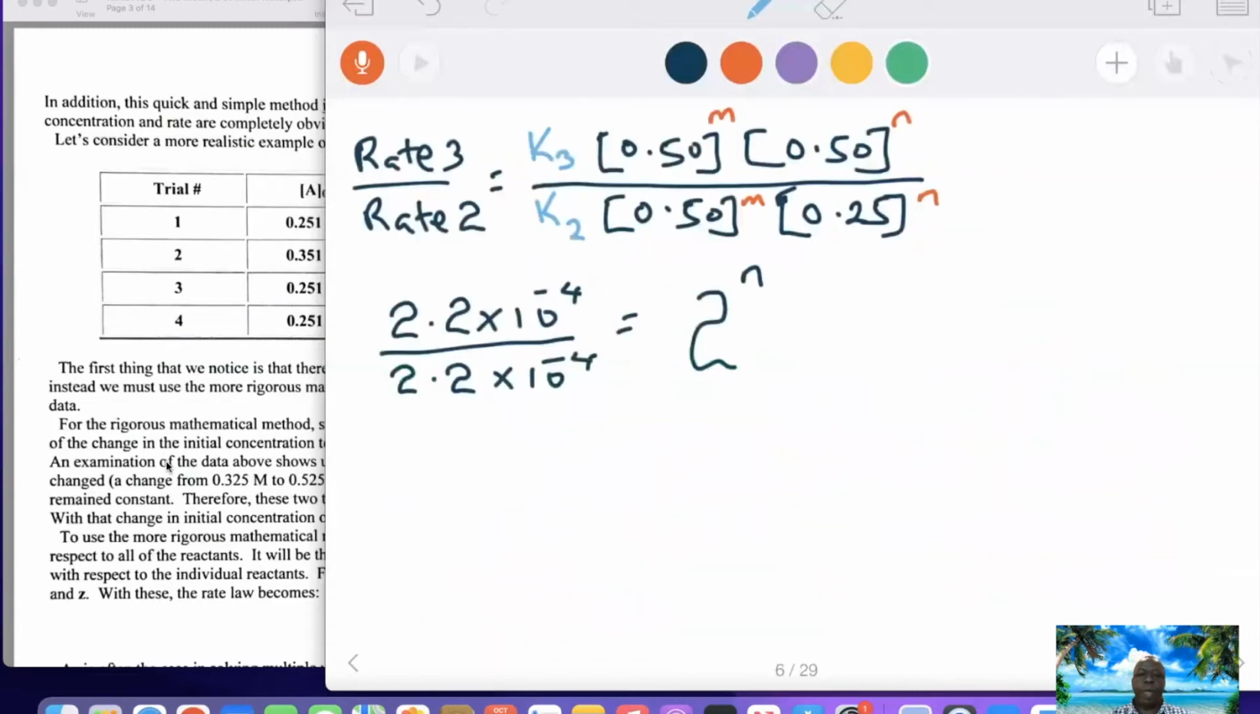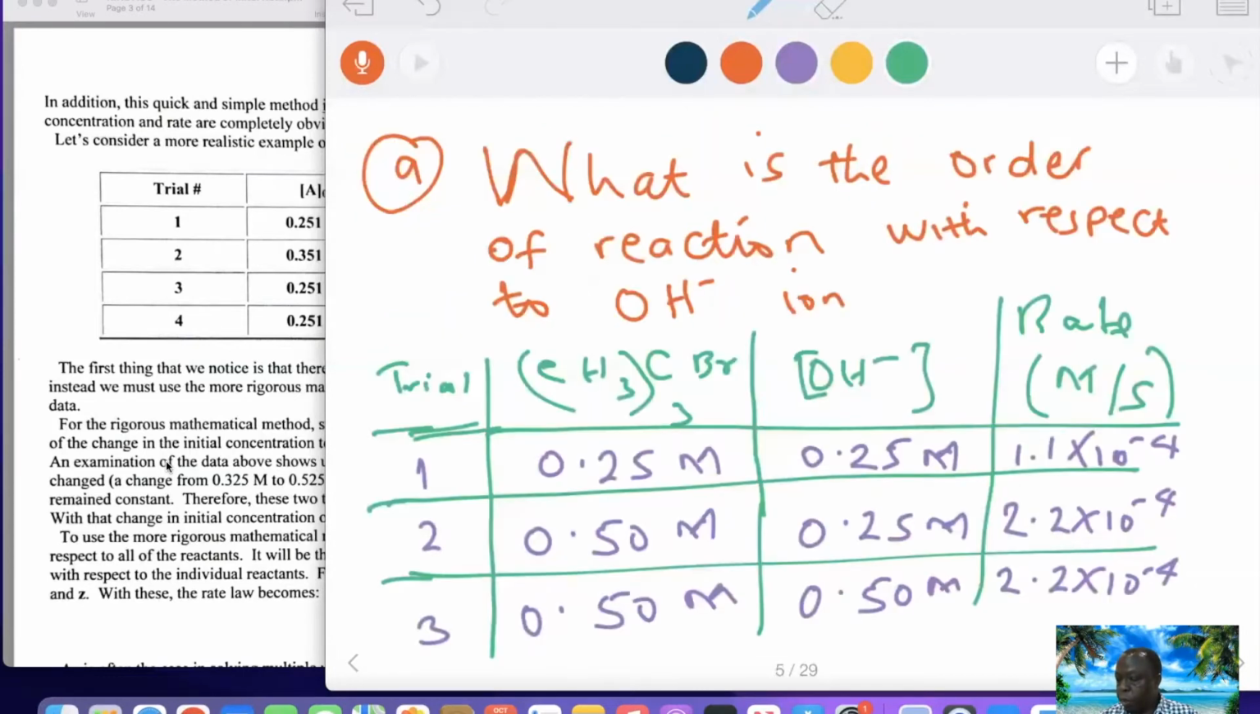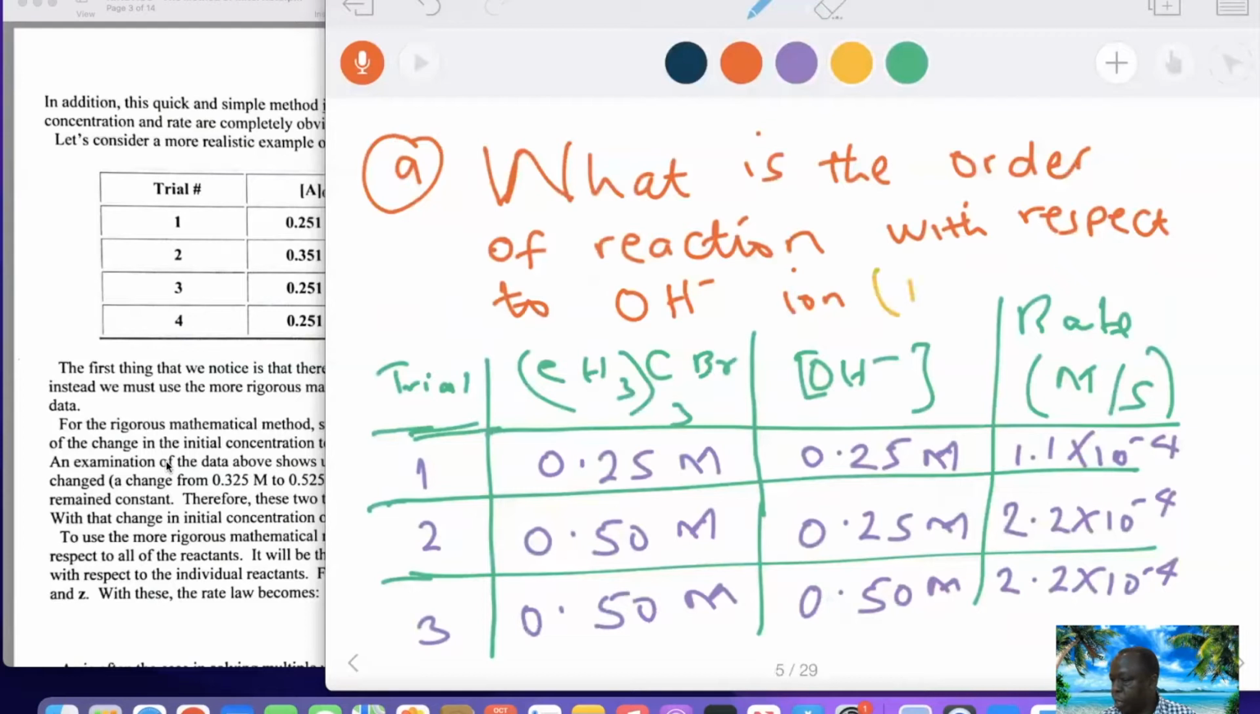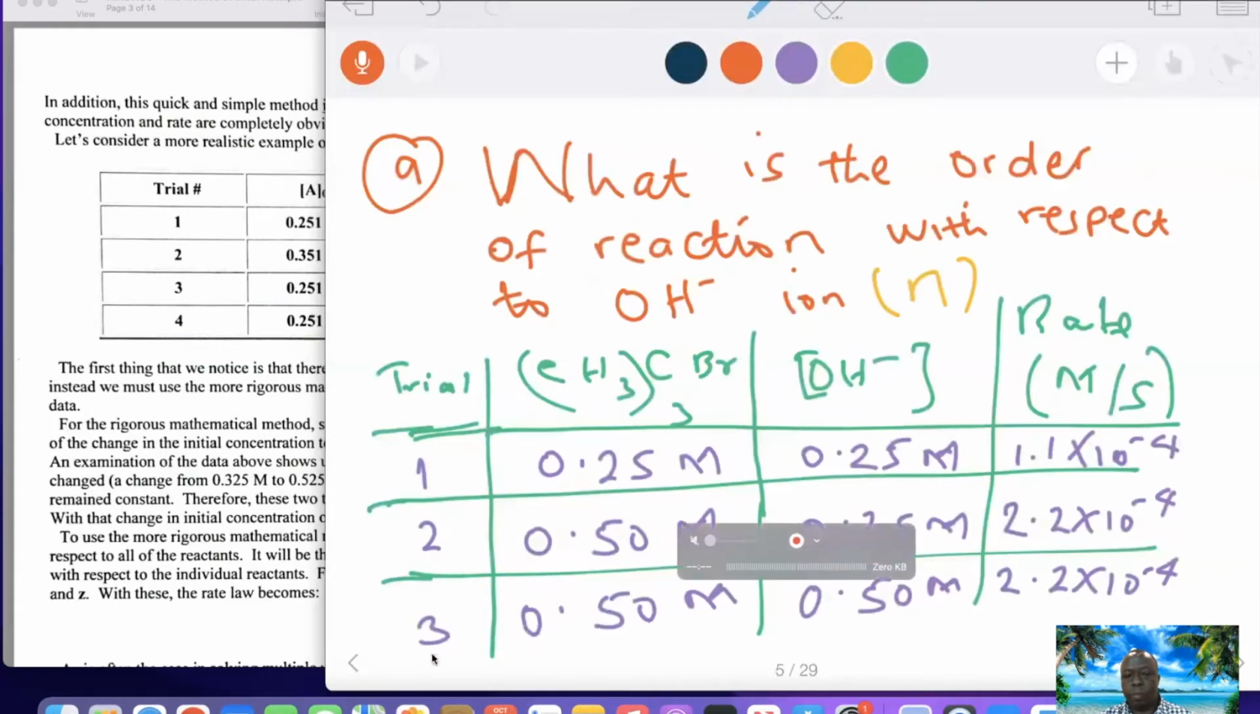Let's proceed with determination of reaction orders. If we want to find n, which is for hydroxide, we are using this n. You pick two experiments where the concentration of tert-butyl bromide, the first reagent, is constant, but for hydroxide it is changing. If I look at this, for experiment 1, experiment 2, or trial 1, trial 2, the first reagent is constant, but for hydroxide it is changing. Those are the two experiments we are going to use to determine the reaction order with respect to